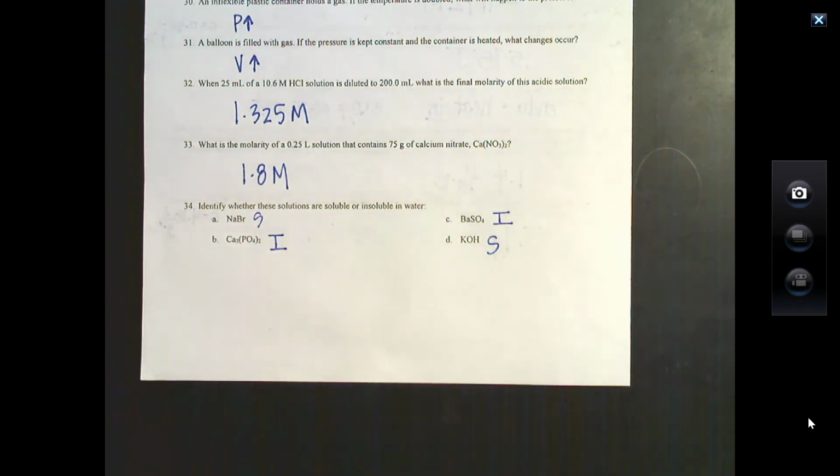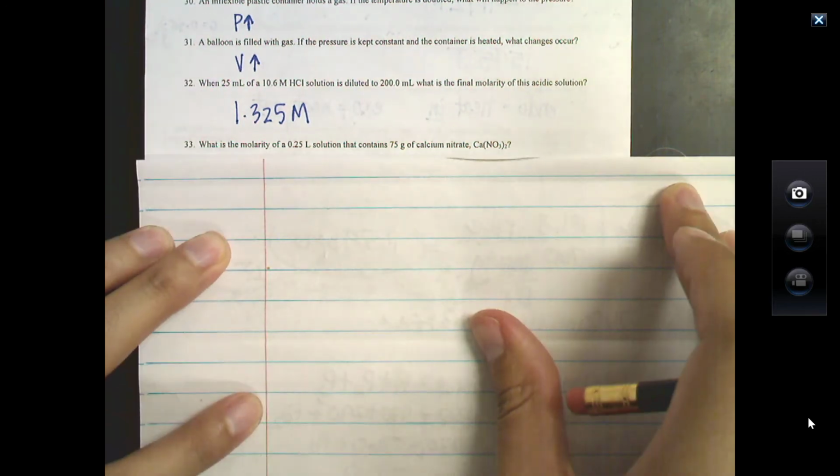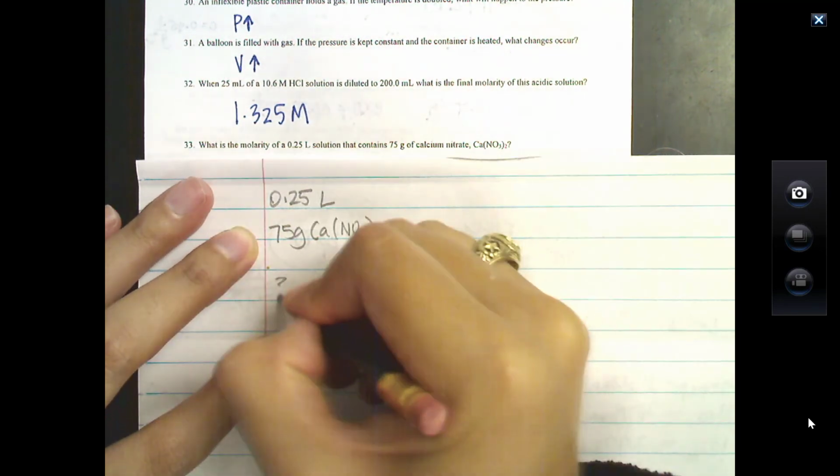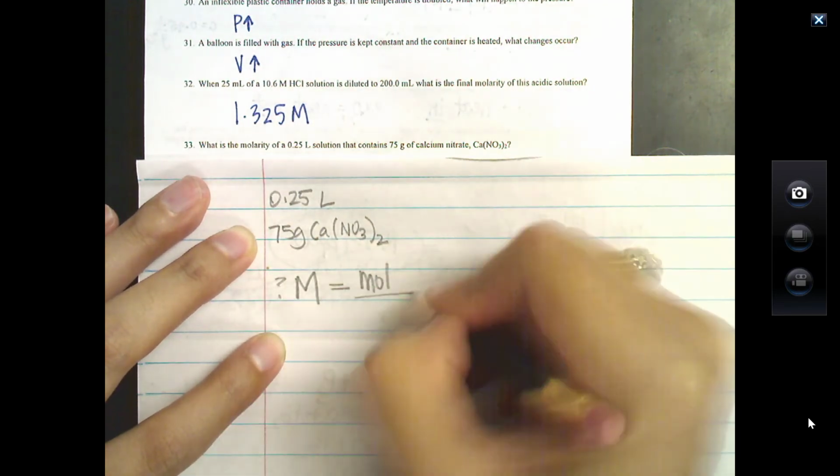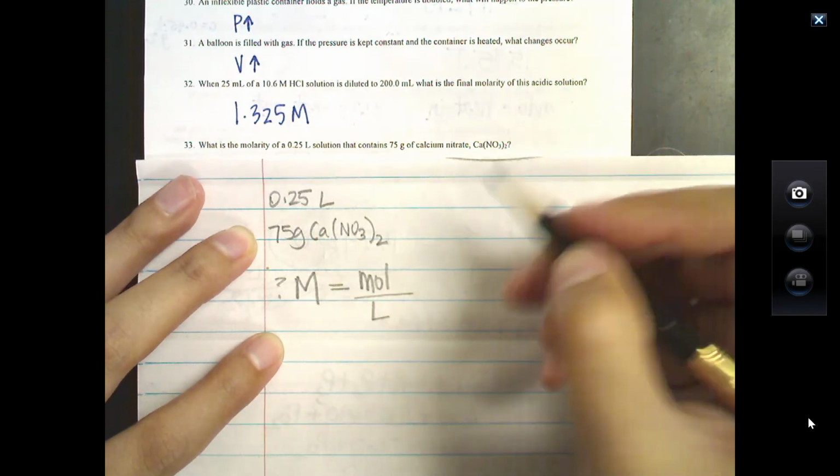Okay, we're almost done. Number 33. What is the molarity of a 0.25 liter solution that contains 75 grams of CaNO3? So it says, what is the molarity? You have an equation that says molarity is moles divided by liters. We don't have moles,